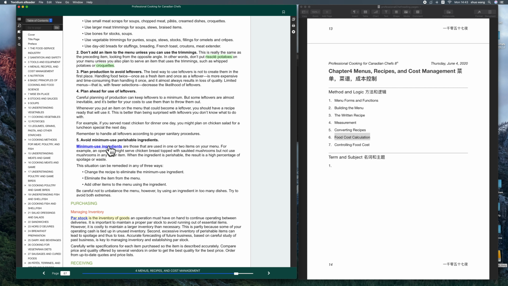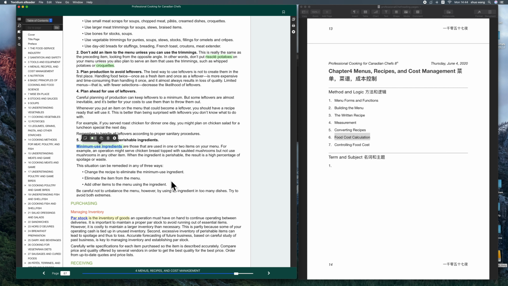5. Avoid minimum-use perishable ingredients. Minimum-use ingredients, 这个有可能会考 minimum use ingredients, are those used in one or two items on your menu. For example, an operation might serve chicken breast topped with sauteed mushrooms, but not use mushrooms in any other item. When the ingredient is perishable, the result is a high percentage of spoilage or waste. The situation can be